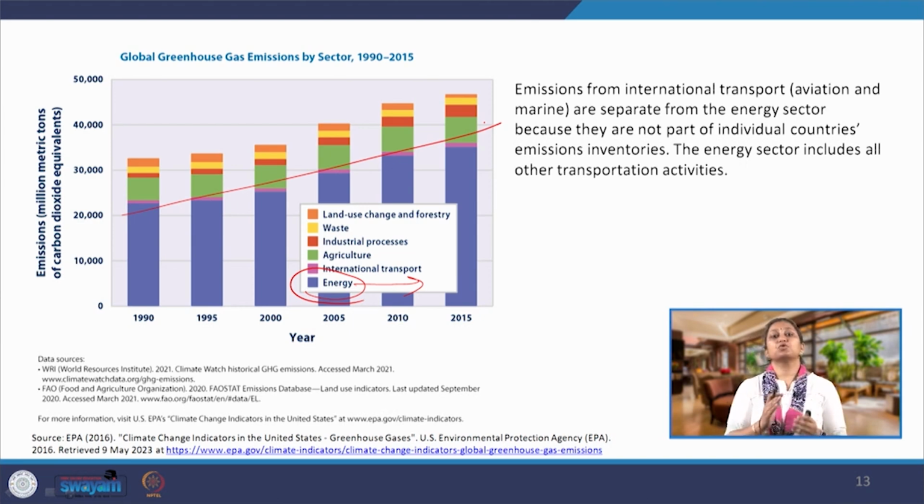We have to switch to cleaner fuels. We have to switch to alternative sources of energy. So, from burning conventional fuels to generate energy and electricity, we have to shift to solar, wind, hydro, and nuclear, which have lesser emissions. This is what we have to do. So, energy, as you can see, is the prime contributor to greenhouse gas emissions, and after that, if you see,